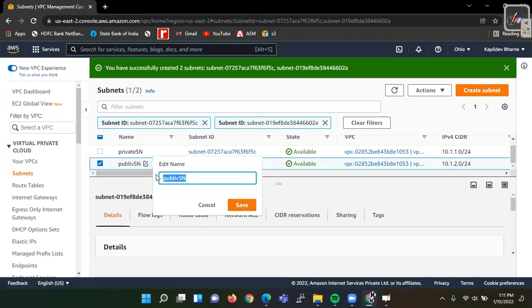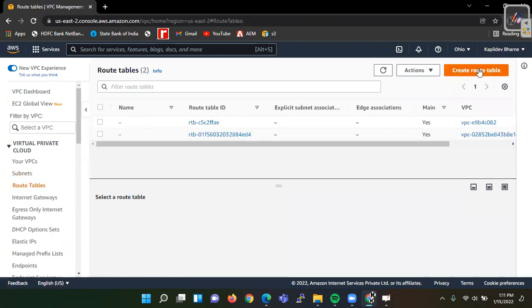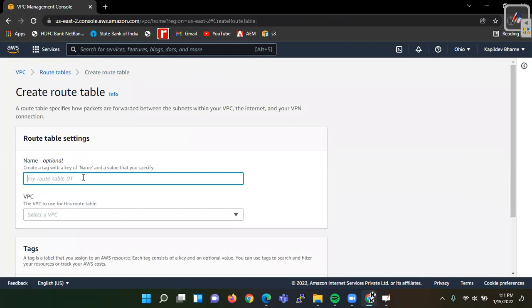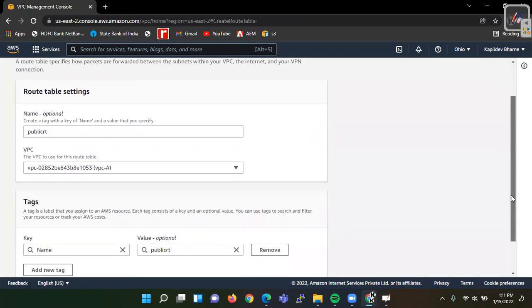Now what we are going to do, we create two route tables here. So we create one public route table, attached with VPC-A.